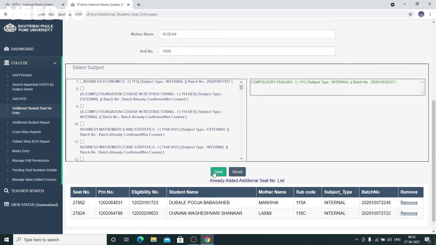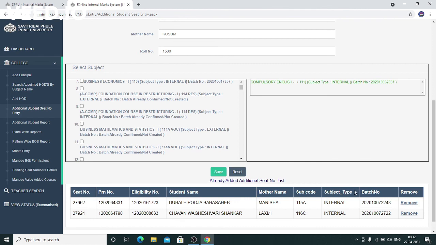Once you click on save, you can get the student's details there. You can see the seat number, PRN number, eligibility number, student name, mother name, then subject code, subject type, batch number, and the remove option will also be there.